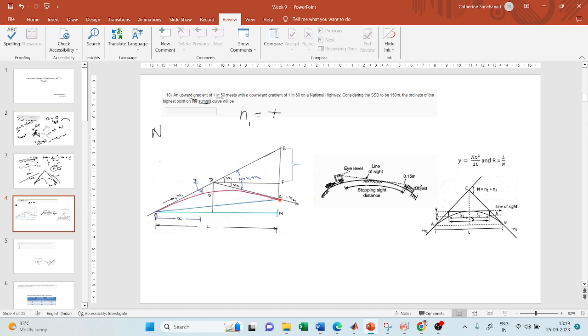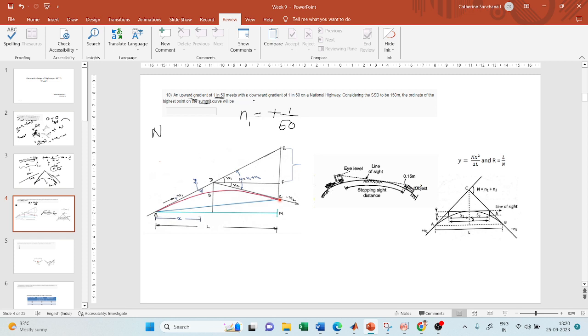And it is given that this gradient is 1 in 50. I told you that gradient is given in percentage, or it is given by 1 by some value. So we call it not 1 by 50, but 1 in 50. Okay, so the first gradient is an upward gradient of 1 in 50, so it is positive 1 in 50,